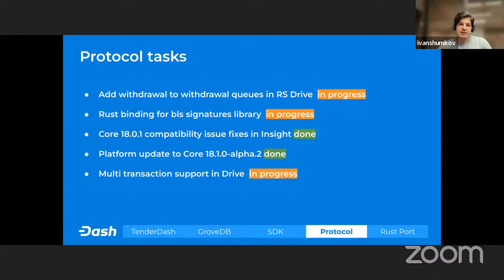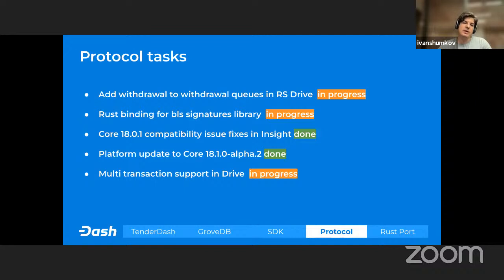Next thing, our teammates from the core team released the new version of the core, 18.1. It comes with new features required by platform version 24, including the asset locks and other stuff that we're going to test and integrate.